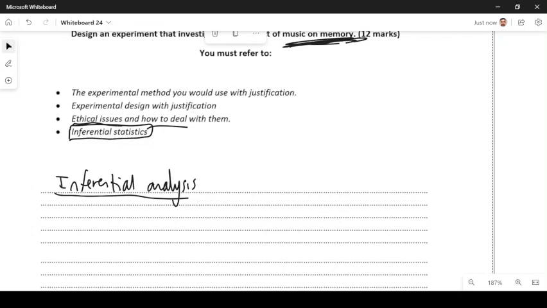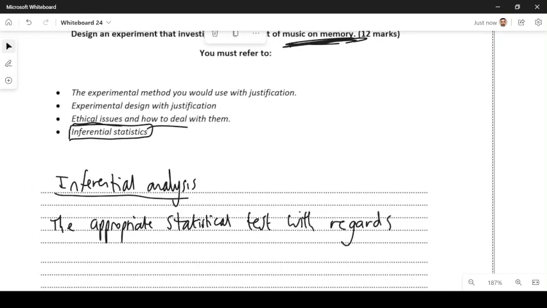But let's just say, I would say the appropriate statistical test with regards to inferential analysis would be, and then you would insert, so let's say a Mann Whitney U or a Wilcoxon test or whatever it may be,